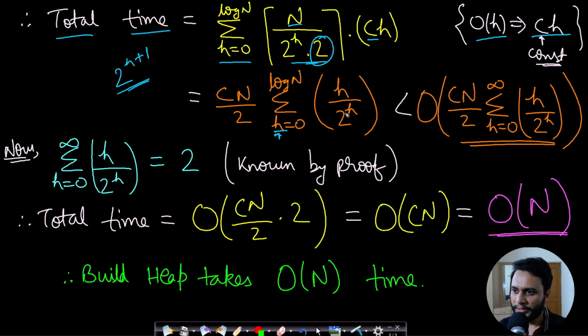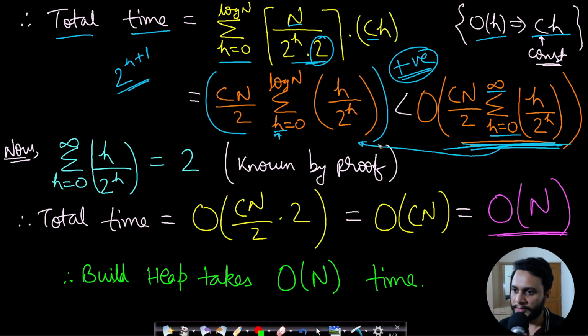Now it is pretty logical that whatever you see here will always be less than whatever you see here, because all the variables are the same, except this summation runs from h equals 0 to infinity. Since h and 2 to the power h are always positive, adding positive numbers more times will obviously give something greater. Therefore this right hand side will always be greater than the left hand side.